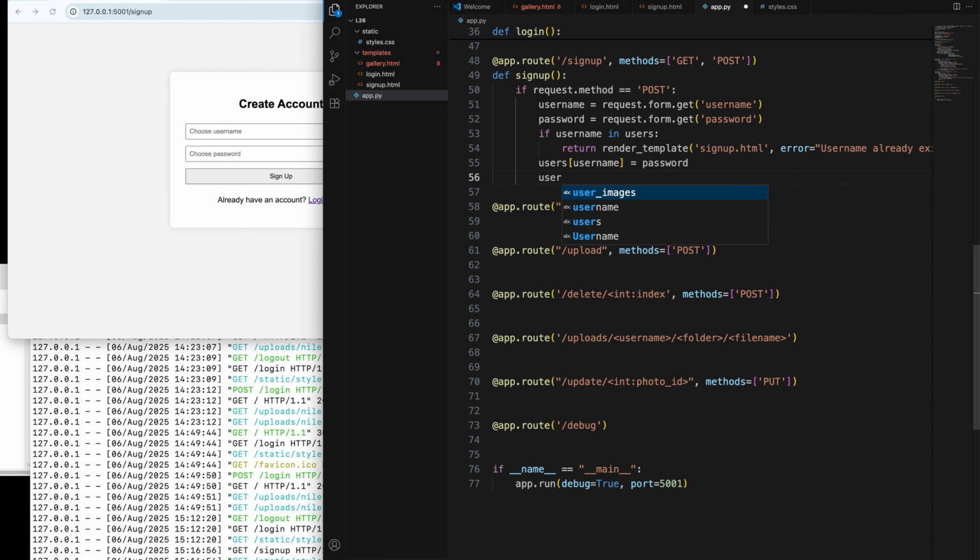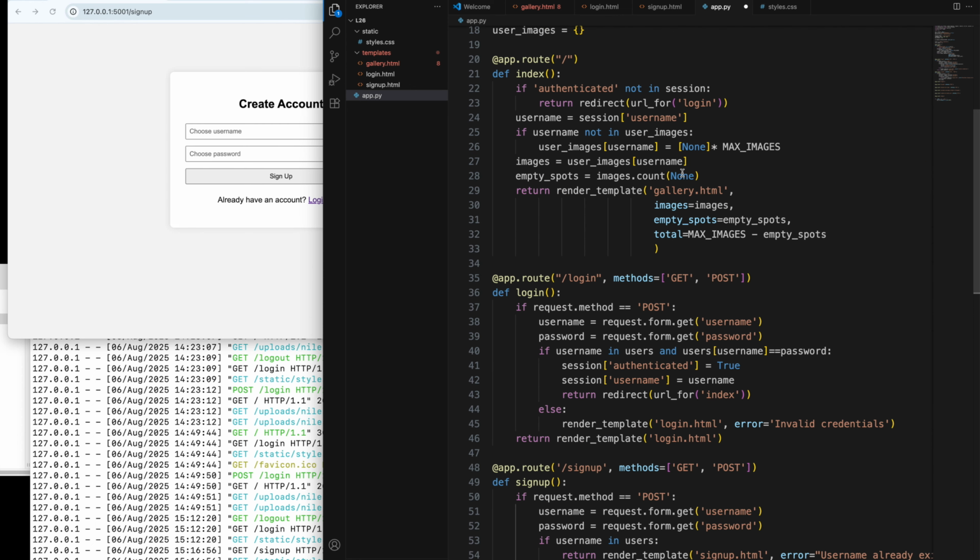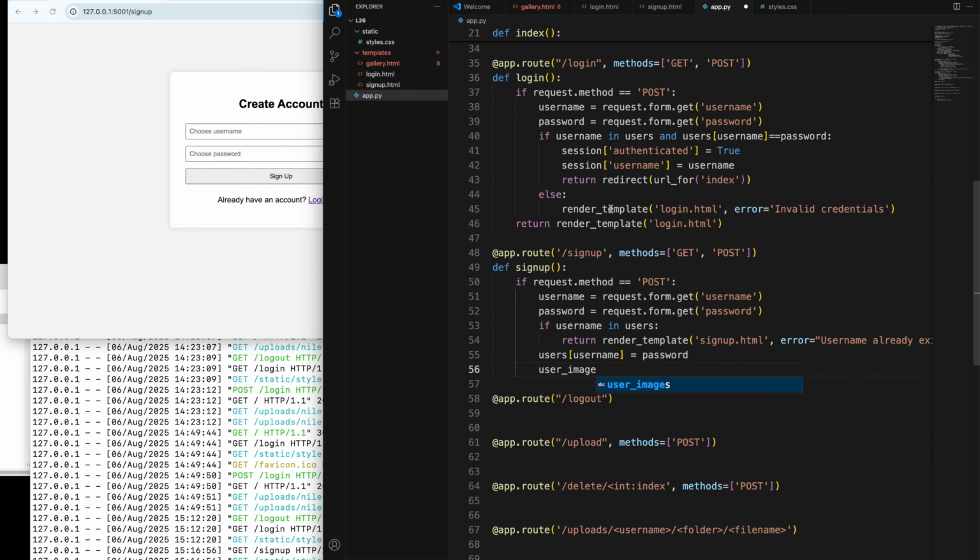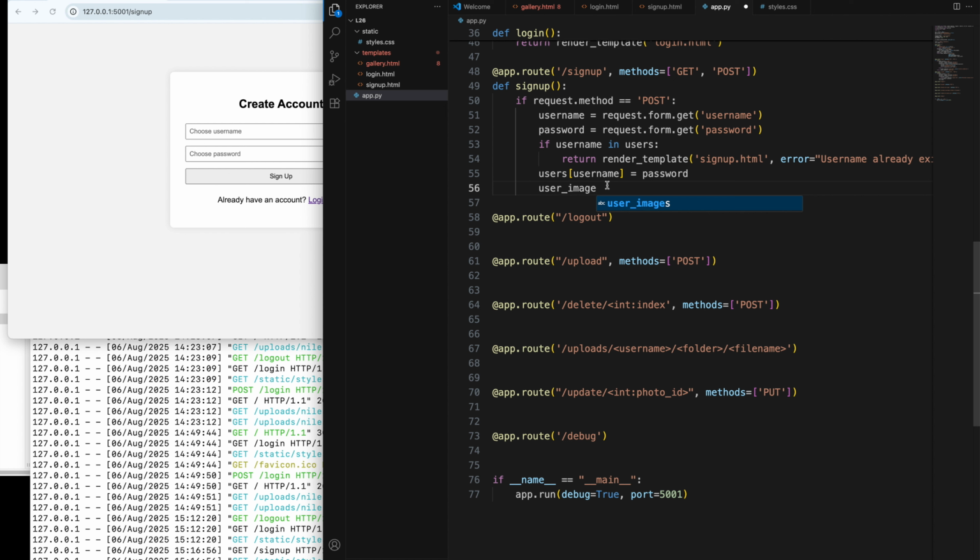Then user_images. Likewise, you update the dictionary for user images. If we go back up, that's the user images dictionary. User images, square brackets here username, and here we specify None